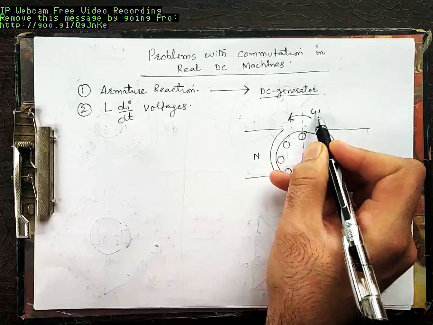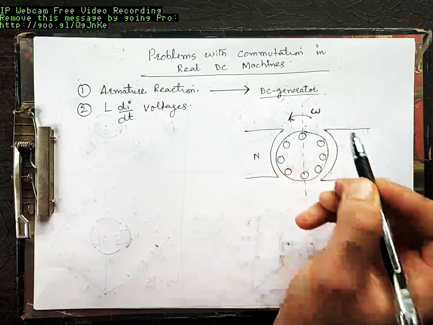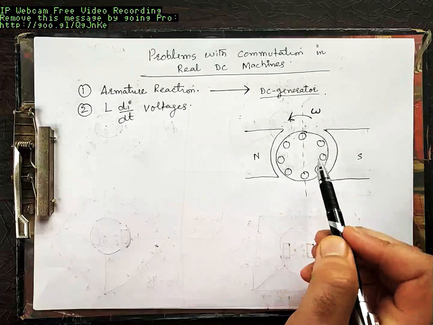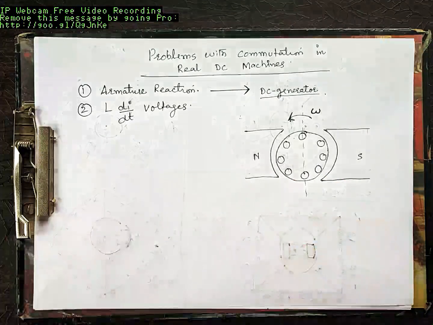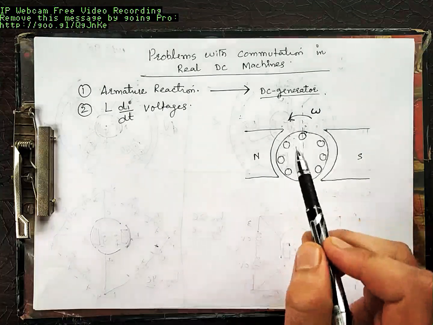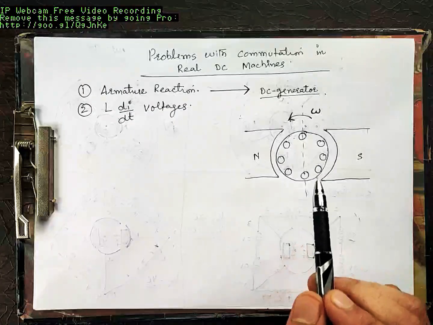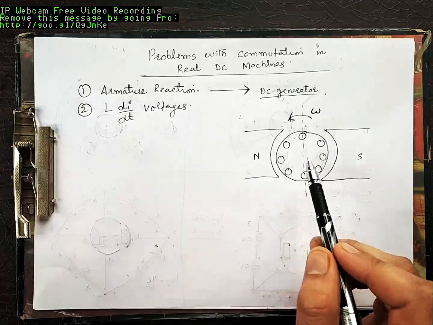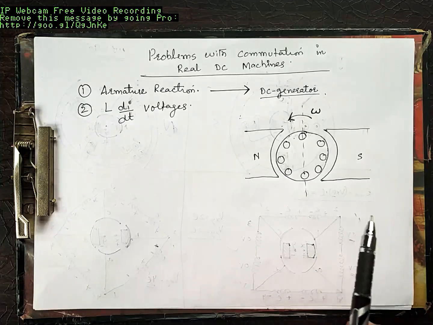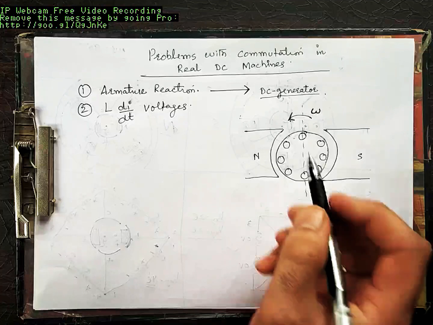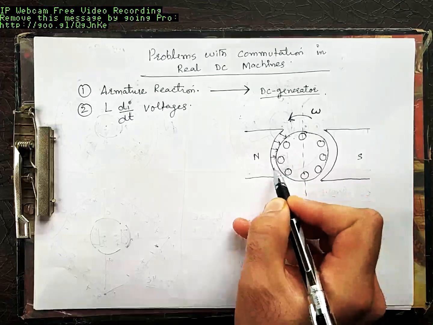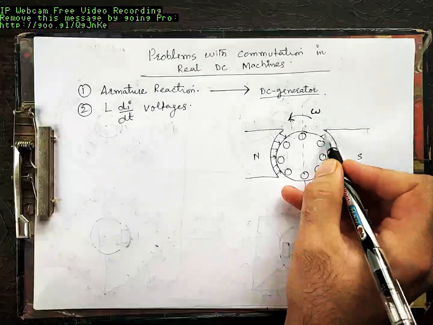We already know in a generator the input is the mechanical energy and output is the electrical energy. That means we have to rotate using a prime mover, and we are rotating this rotor in this anti-clockwise direction using a prime mover. And when you rotate this rotor in this direction, finally you'll produce EMF, or voltage will be induced in the winding, and if you connect a load across the terminals of the machine, you can supply that load then. I'll come to that. So this will be the magnetic field in this direction, a radial magnetic field.